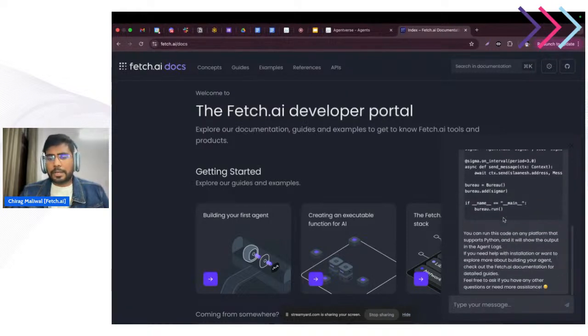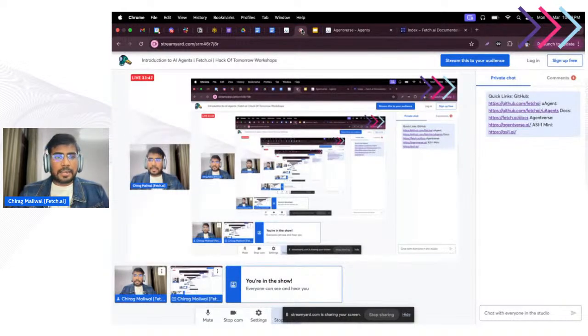If you have any technical queries which you want to understand, you can chit chat with these agents. So that's a very brief overview from my side about the Fetch agent tech, and how you can develop a very basic agent using the Fetch agent technologies and different components of the Fetch ecosystem tools and tech.